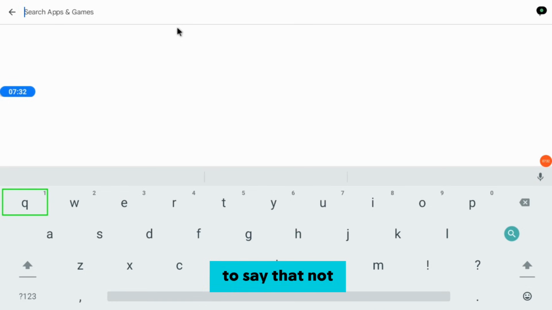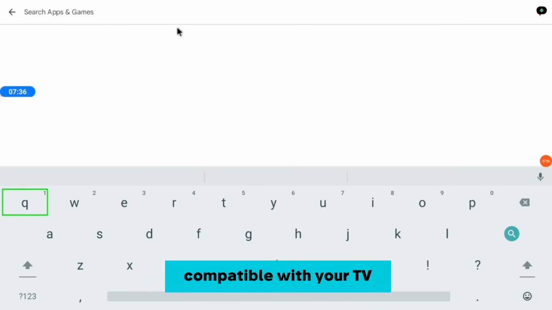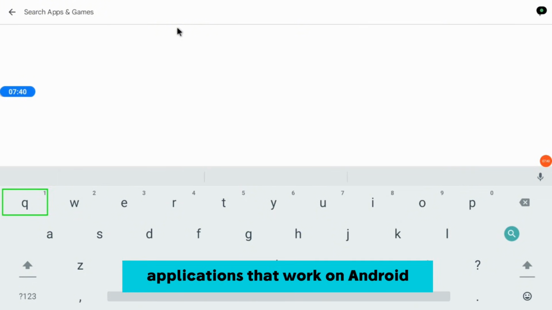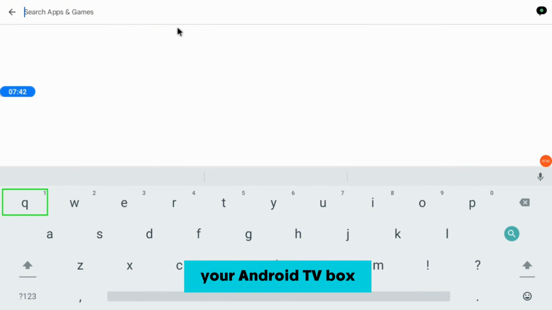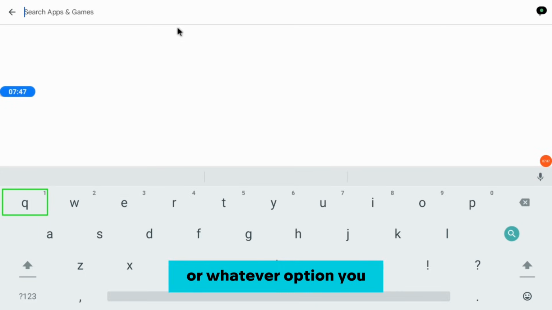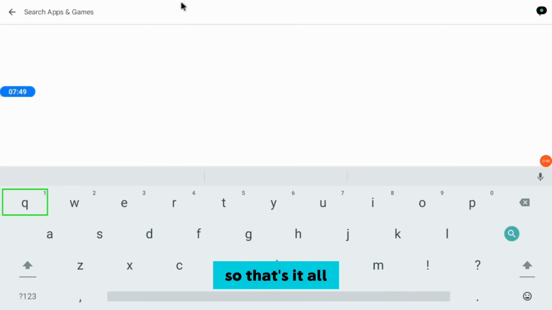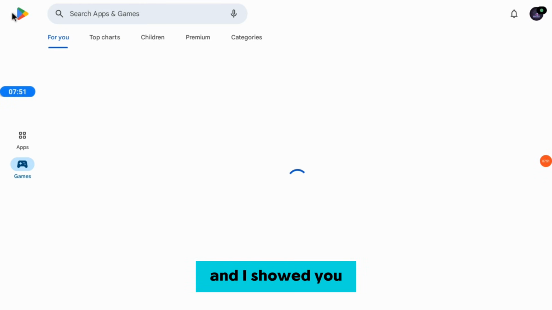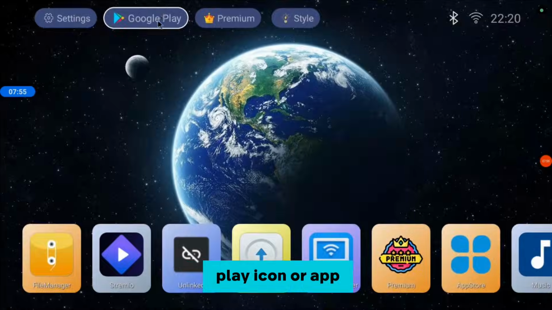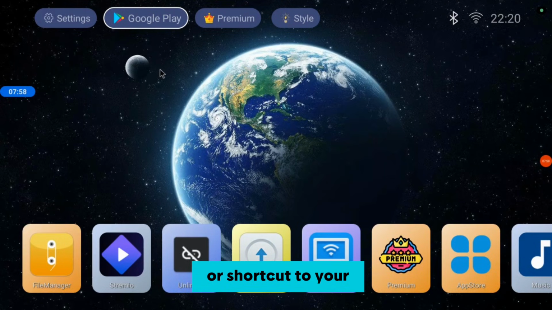But I just want to say that not all apps on Google Play will be compatible with your TV, so you need to know that. But most of the applications that work on Android also work on your Android TV box or Android TV or whatever option you're using. So that's it for this video, and I showed you what to do to have the Google Play icon or app or shortcut on your Android TV without having to go over to your browser all the time. You can just change your